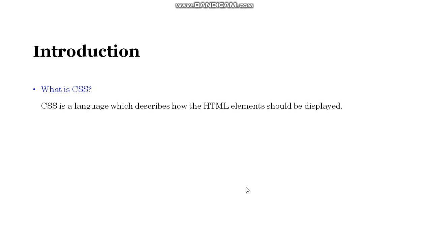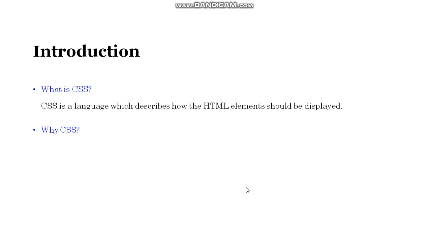Now HTML has different attributes which can also change the appearance of different elements of the web page. So the next question arises: why use another language like CSS over HTML? Actually, HTML was created to add only the contents to the web pages. So while developing large websites, if we have to provide color and font to each and every element using the HTML attributes, then it will take more time to develop even a single web page.